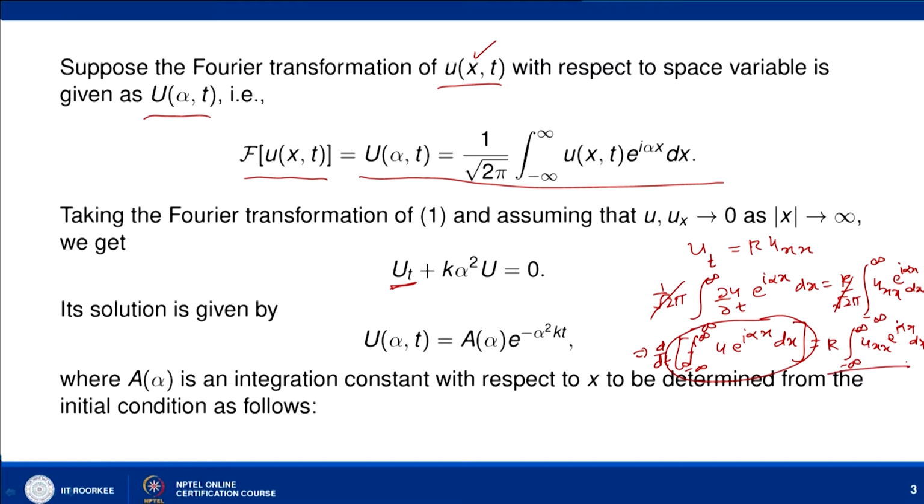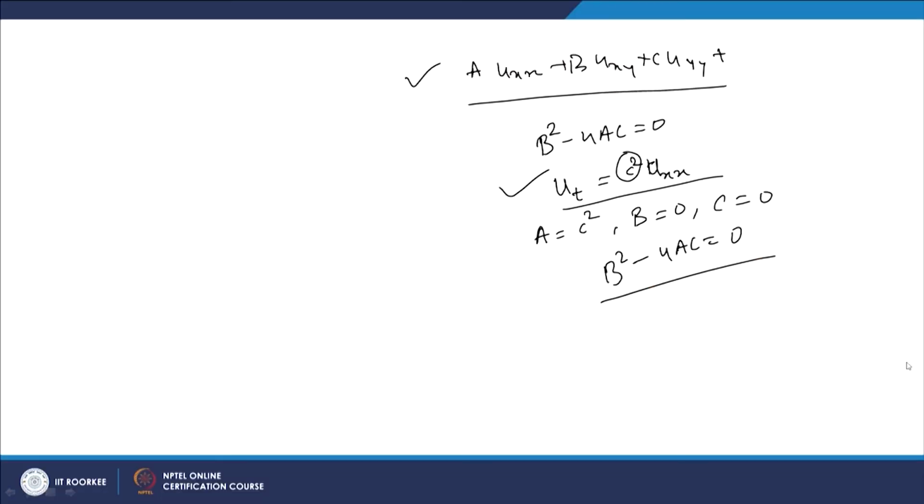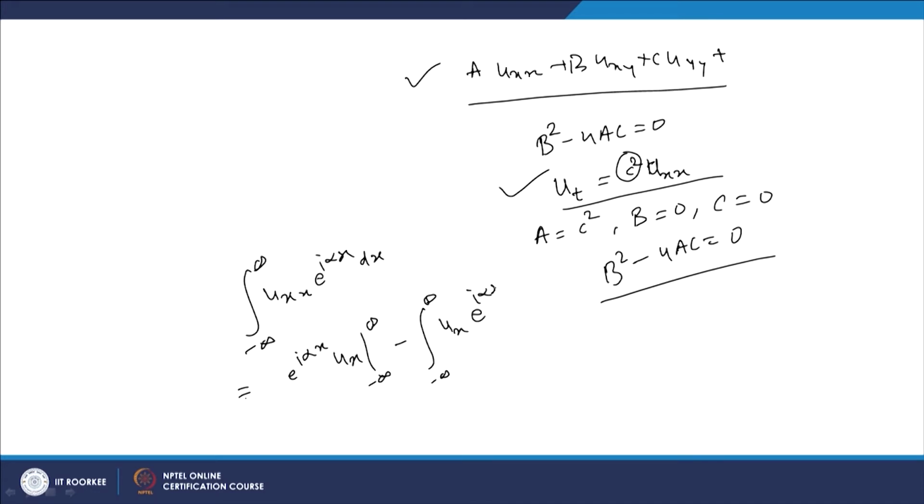It means that we have to find the Fourier transform of u_xx. So how do we find the Fourier transform of u_xx? It is the integral from minus infinity to infinity of u_xx e to power I alpha x dx. Here we apply integration by parts and transfer the derivative onto e to power I alpha x. So we write first integration of second, that is u_x between minus infinity and infinity, minus the integration of the derivative of e to power I alpha x, so I alpha will come out, dx.